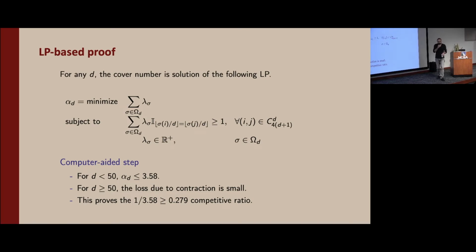Yes? You check all the d's smaller than 50, but then let's say a prime number larger than 50? Yeah, I didn't say it, but it was written that if n doesn't divide n prime exactly, but there's a small remainder, you have a small loss. And that small loss becomes smaller and smaller for larger n, so we can control it. Yes, exactly. And that's why we did an exhaustive search.